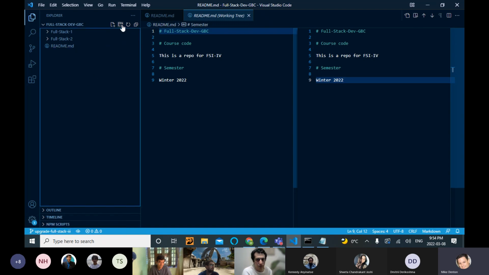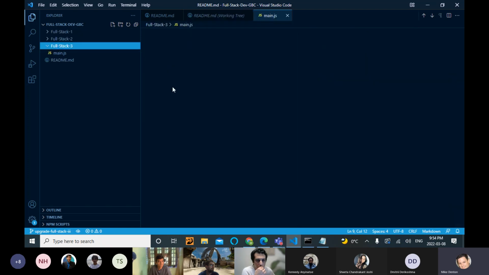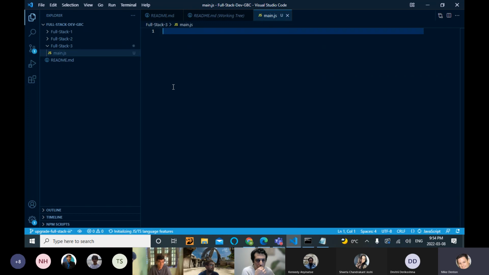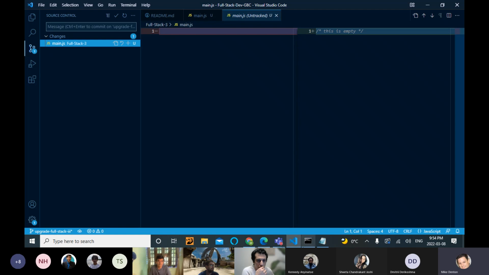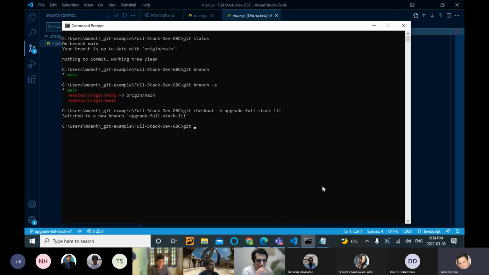All I want to do now is just add a new folder. So we'll add a folder called full stack 3. And maybe in there we'll just put a simple main.js file that is empty, right? It's just whatever. This is empty. All right. So now Visual Studio Code will tell me something has changed. Okay, there's a change. All right, I can stage it here, but I'll go back to Git and I'll do